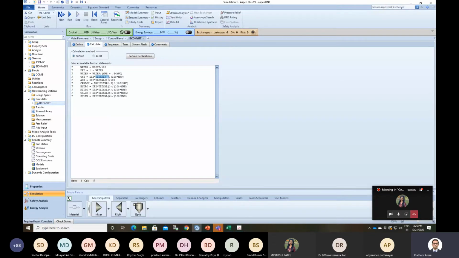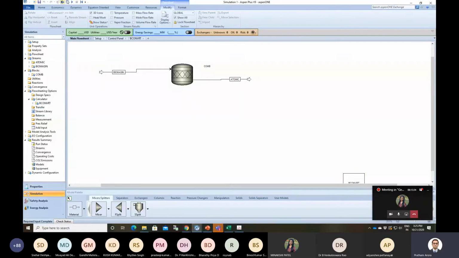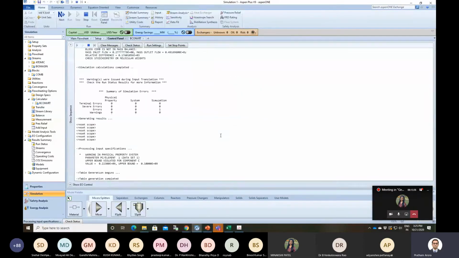So alternate 7 basically represents oxygen. So this is what I'm doing: oxygen into dry, and the amount of biomass into the air is 7. And I'm multiplying that with the molecular weight of oxygen. So suffice it to say that I've broken down biomass into its ultimate analysis. Keep it that simple. That would make simulation easier for us. So once this is available, if I run the simulation now,